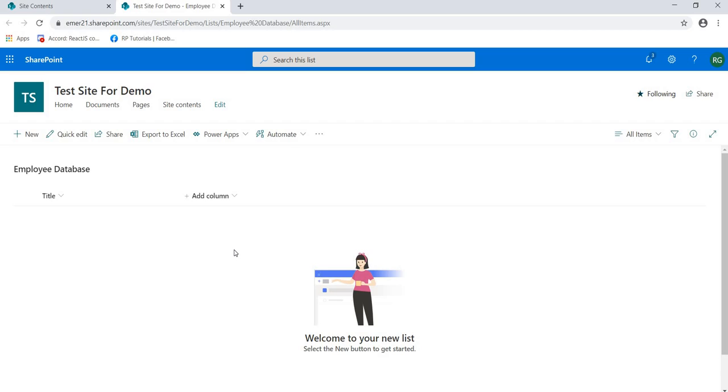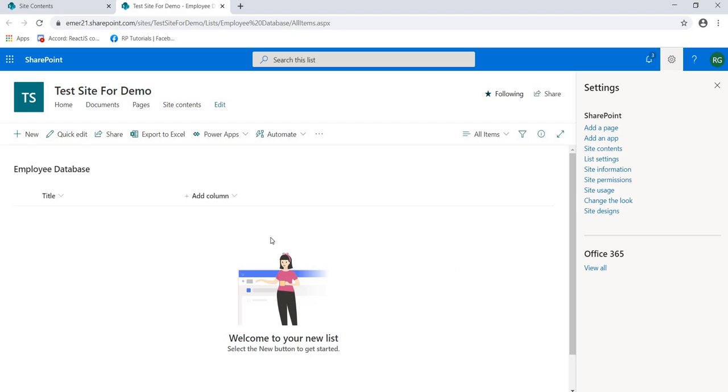So if someone wants to learn and do something in the software industry without coding, you can do it from here. You don't require any coding language to create a simple SharePoint list or library in your site collection. You just click on add an app, click on list, enter your name, and your list is ready. Now you can add columns, you can remove them as well. So you can do the operations. You can add a column from here as well. On the screen you have this option, add column, or you can go to list settings.